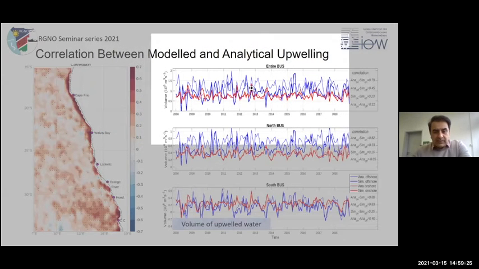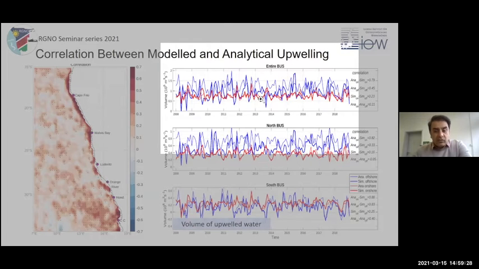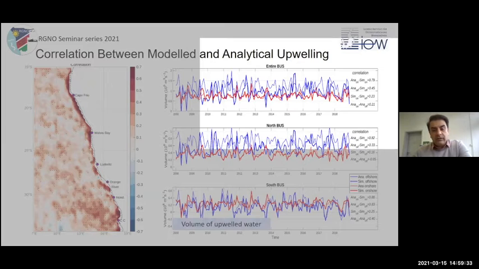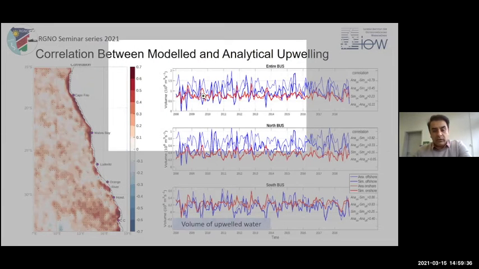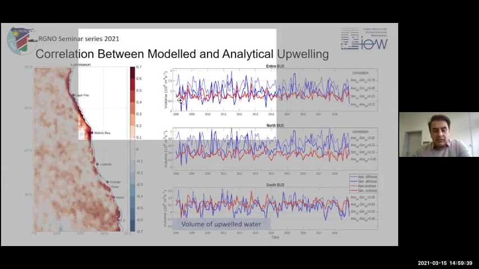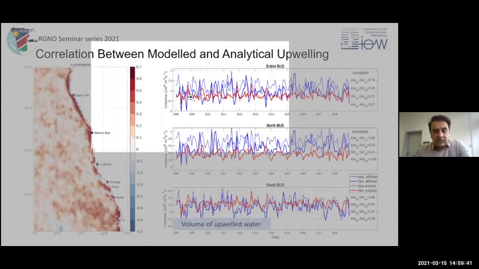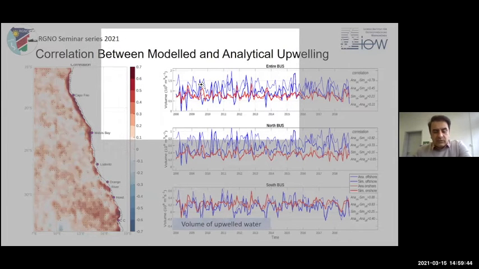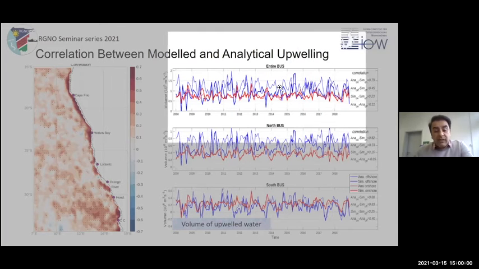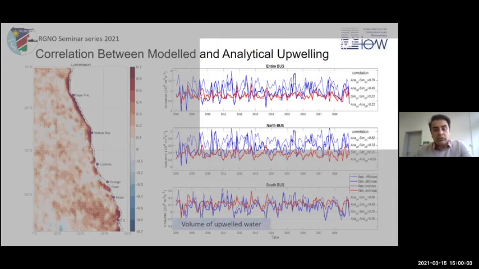As you can see in the time series, the time series shows very similar behavior between coastal upwelling, between analytical solution and the model. This correlation is retained, but to a lesser extent, for the blue lines, which show offshore upwelling, which is wind stress curl driven in the model, and total upwelling, wind stress curl driven in the analytical Ekman theory, and total upwelling in the model. But still, the correlation is large,